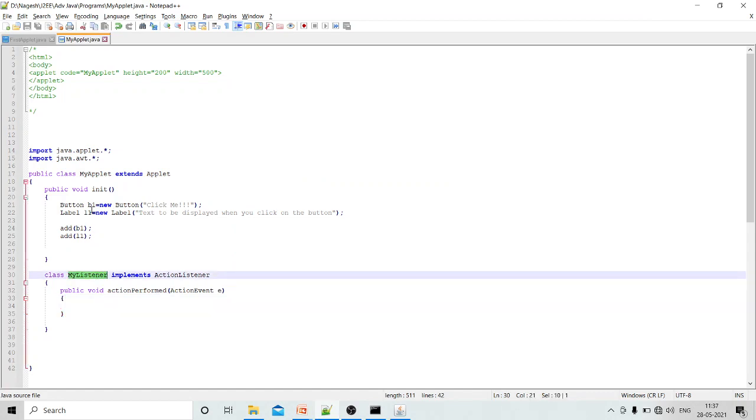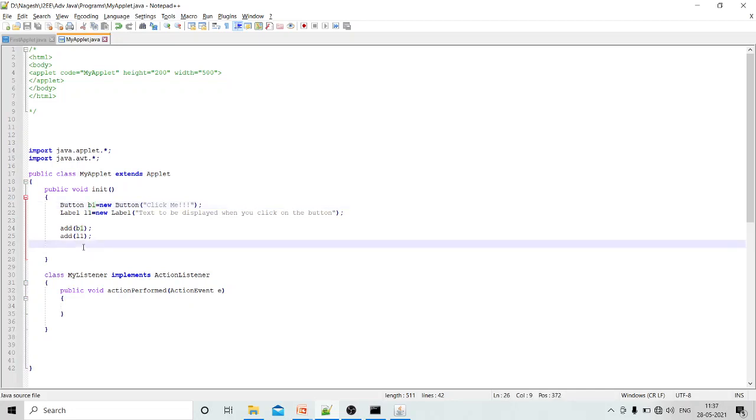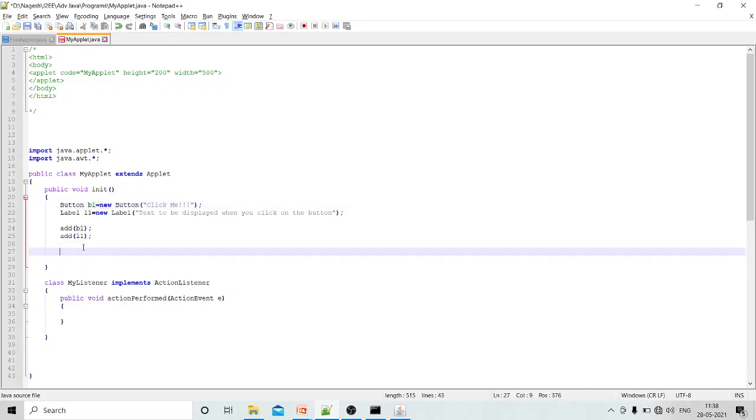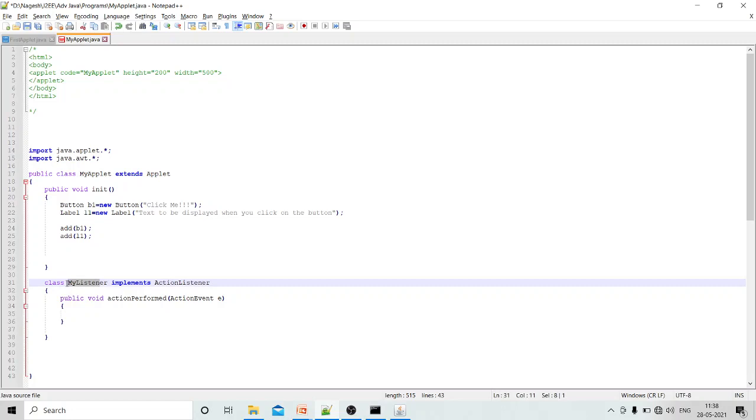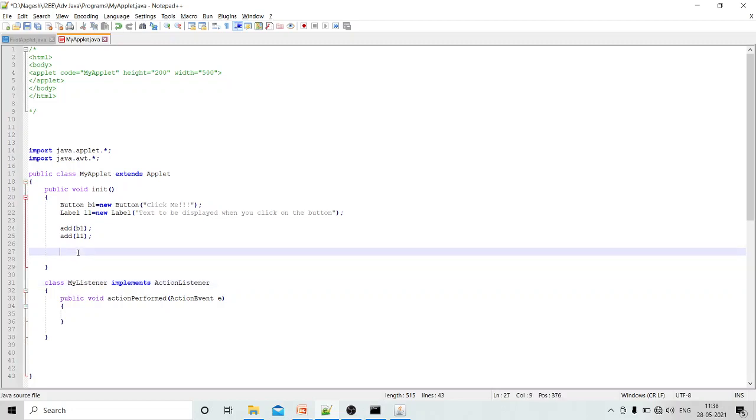What is the source? The source is the one which generates the event. So in our case, the button B1 is the source. Button B1 generates the event. When I click on the button, an action event is generated. So with B1 I have to register my listener. How can I register that?